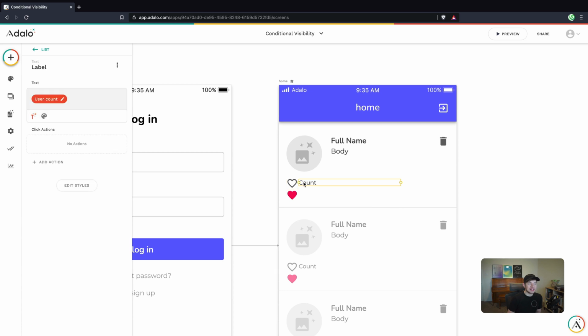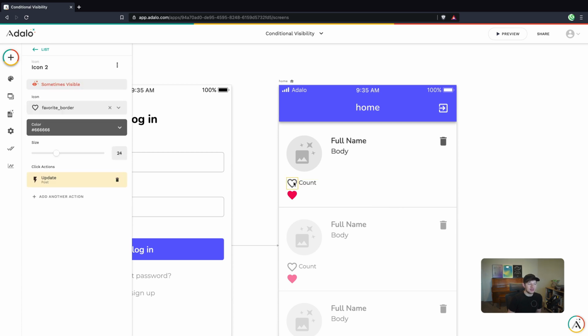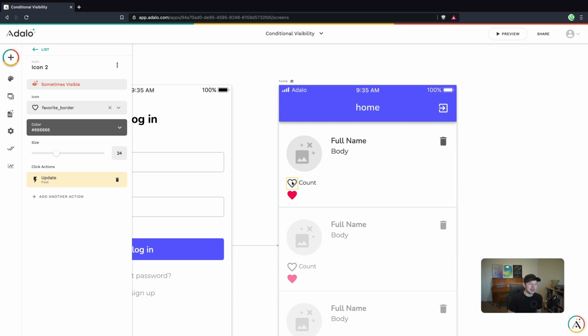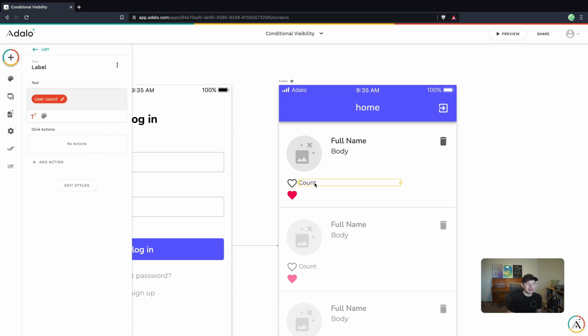So what happens is the text takes over the space that used to be filled by the gray heart, goes left to right here. So if there's something to the right of the thing that you are hiding with conditional visibility, whatever is to the right of it is going to fill in that space. So we don't want it to work like that because it looks pretty weird. When we like something, the count gets slid over and is on top of the heart,